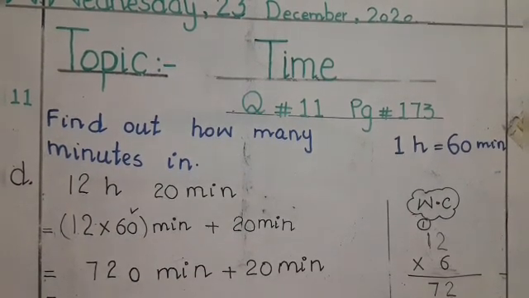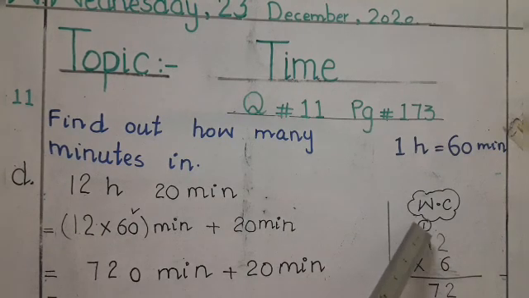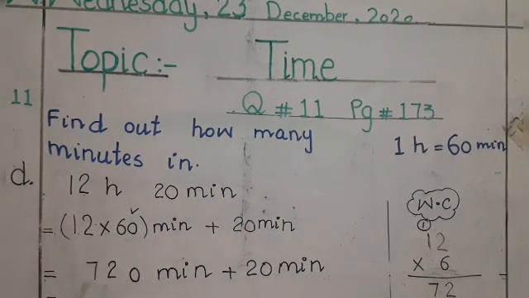So students, we will multiply. 6 2s are 12. 2 we will write as the digit in the answer, and 1 we will carry to the next number. So 6 times 1 is 6 and 1 is 7. So 72. As you know, we already wrote the 0 in the answer. This 0, we move the 0 here, and the remaining numbers 12 multiply 6. We multiply both of these numbers and get the answer 72.